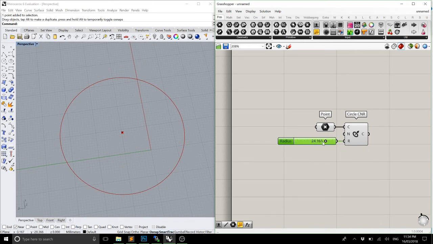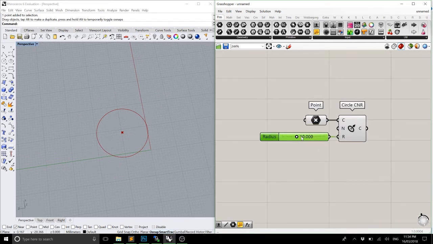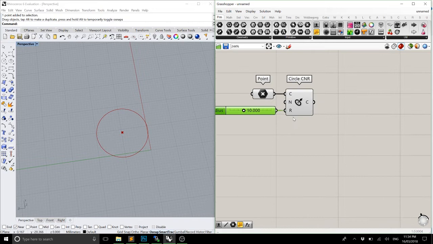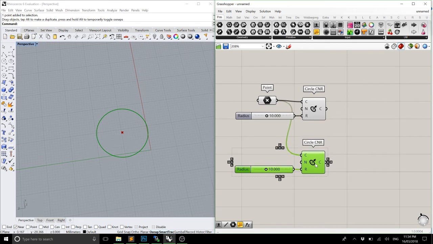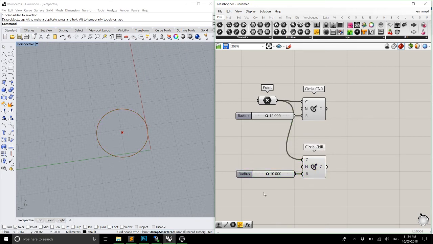No, we'll make this the smaller circle. So we'll just set that to 10. And just as a note, I'm double clicking the inside of the variable slider zone, and I can type the number that I want. And what we're going to do is copy and paste this component. So I'm just hitting Control C and Control V there, and then we can change the variable to make